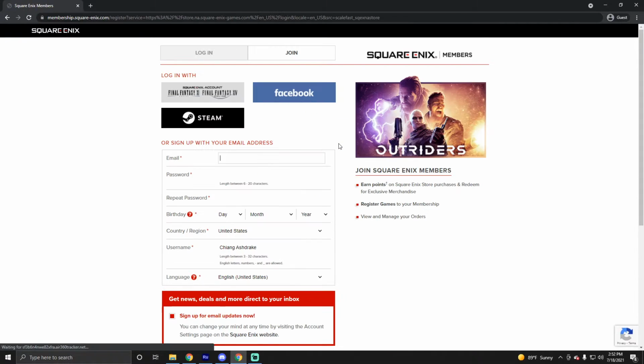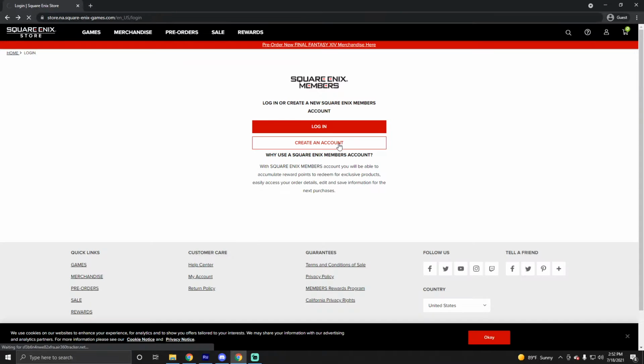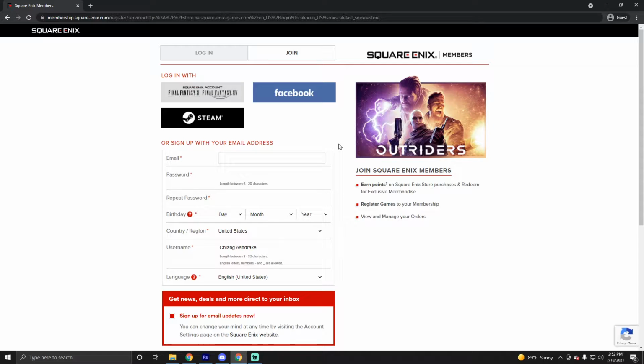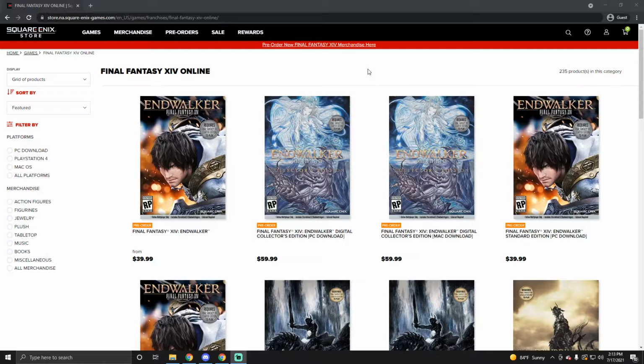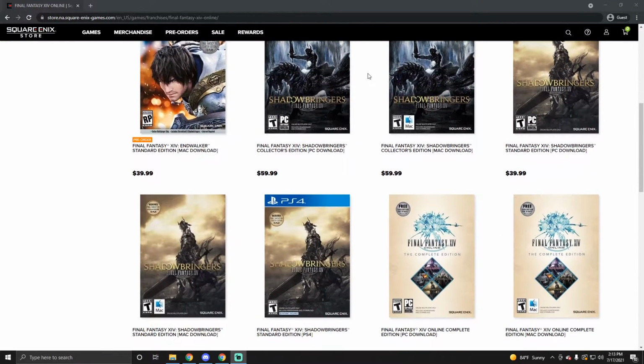Sign up with any of the handful of options there. Keep in mind that your username is case sensitive, this trips some people up, and then you can go back to your chosen store to purchase the game. As I'm going under the assumption that you're just starting out, we're going to ignore the Endwalker pre-order for now